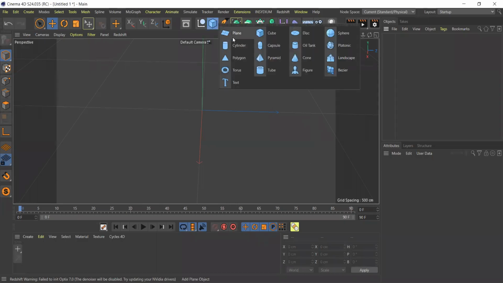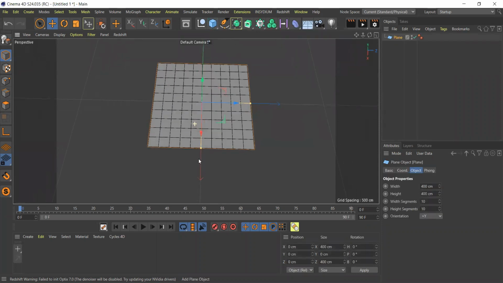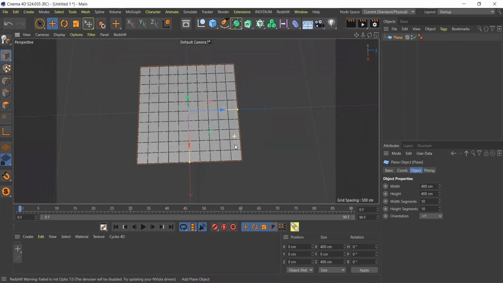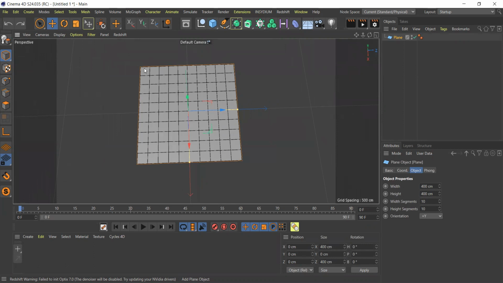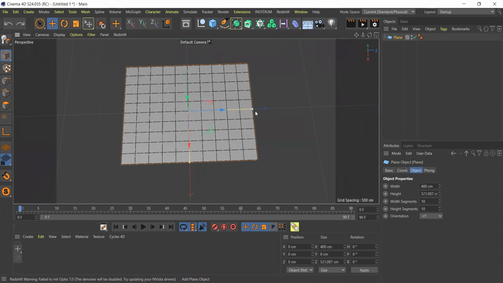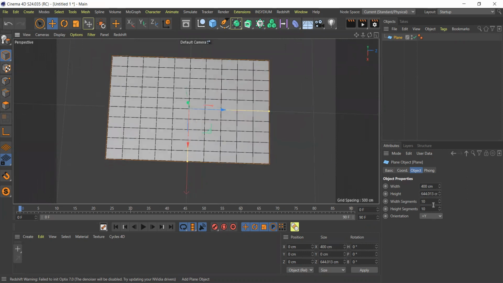Hello, let's go over last Sunday's class to make a moving flag. To have a flag, we need to create a plane. So the plane is created. Because I want the plane to be a rectangle shape, I want to change its width by dragging or change the number here. Next, I will increase the segments